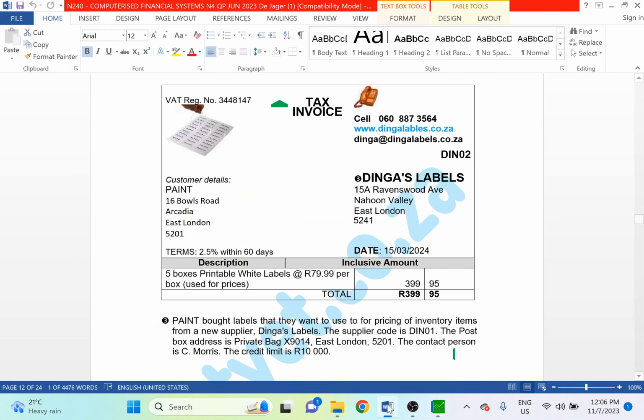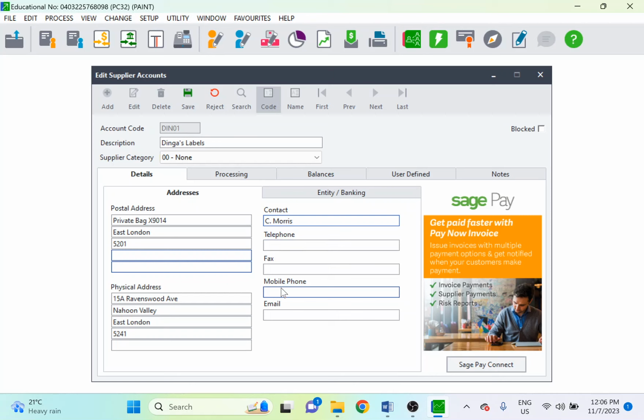C. Morris. Telephone number, it's not mentioned. We only have cell number, website, and email address. So we're going to insert our mobile number, which is 060 887 3564. Email address,